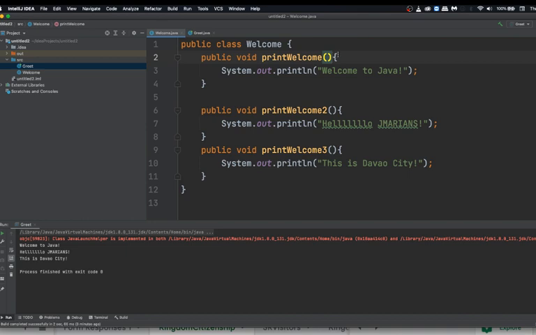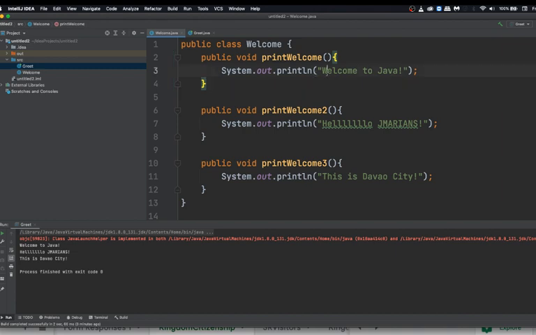So, hanggang kung saan siya nag-start, dito nag-end, this part here is of the method print welcome, no? Itong line na to. And then, this one sa welcome to. So, yan yung area niya. Okay? Can add some space there. And then,